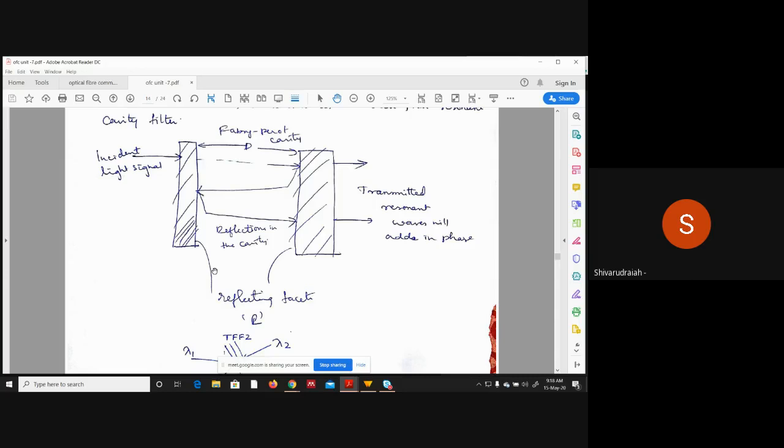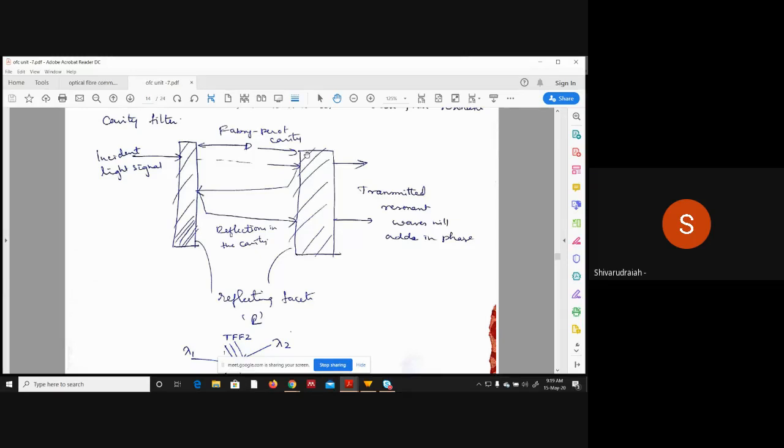So you have two reflecting surfaces, they are faced opposite to each other, and the input or incident signal is a combination of multiple wavelengths which is allowed to enter the cavity, and the cavity distance is named as D. This D will define what wavelength signals will be transmitted and what wavelength signals will be reflected back. And the cavity is named as Fabry-Perot cavity. Okay. So D is the parameter. Once you vary this D, then this will become a tunable dielectric thin film filter.